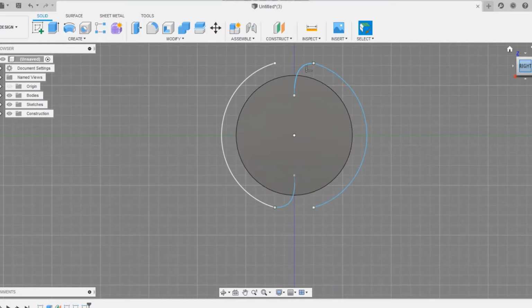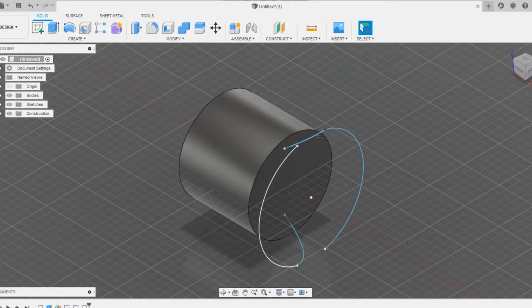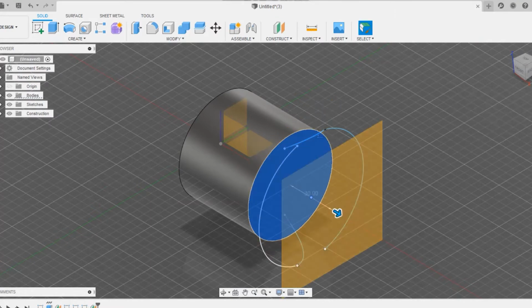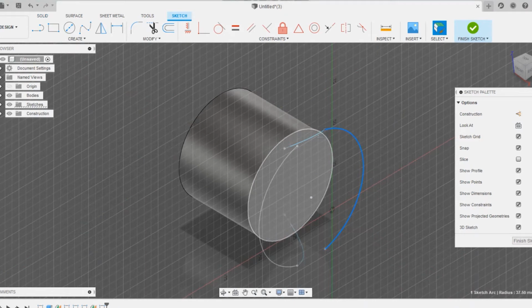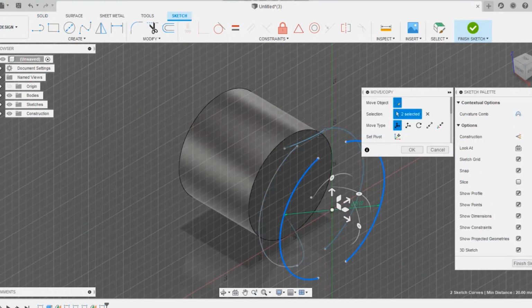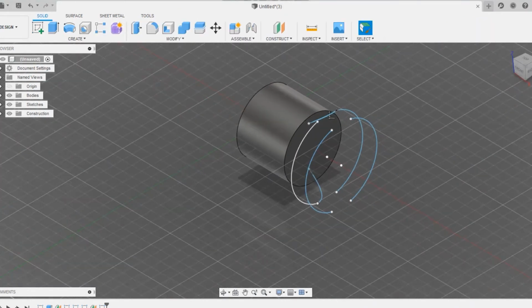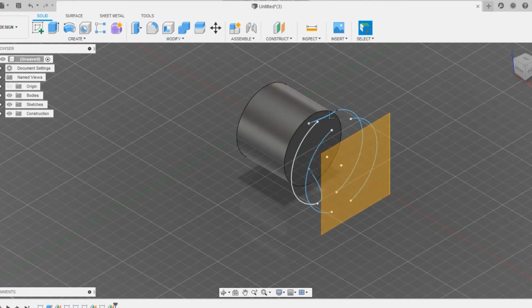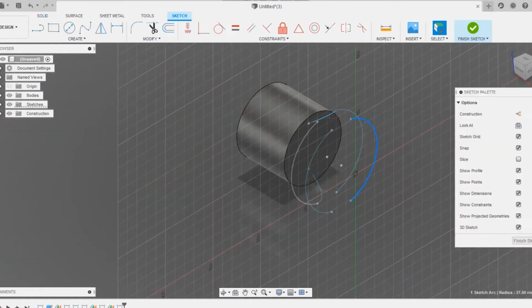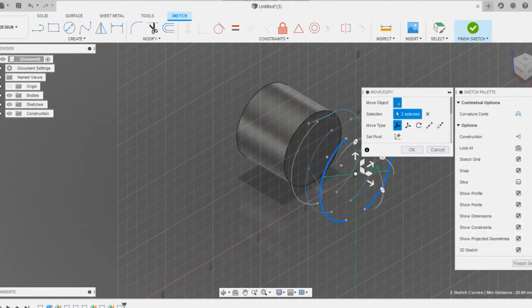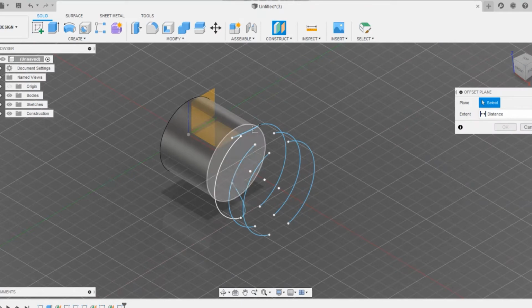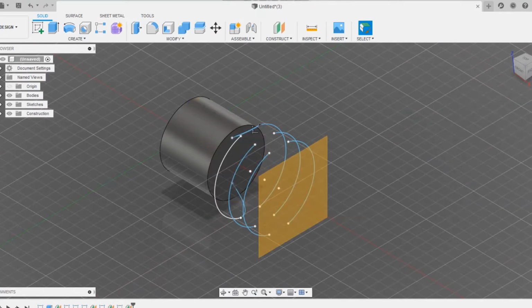Now you could see we have formed it, we have connected. Now we are going to offset the plane to around 30 mm from the cylindrical face. Now we are going to Ctrl plus C and Ctrl plus V, selecting the two circles and pasting. Now we are going to offset the plane once again. This is going to be followed until how much length I need, because there's no other way of patterning it. I've also tried the pattern command, but that isn't a possible way.